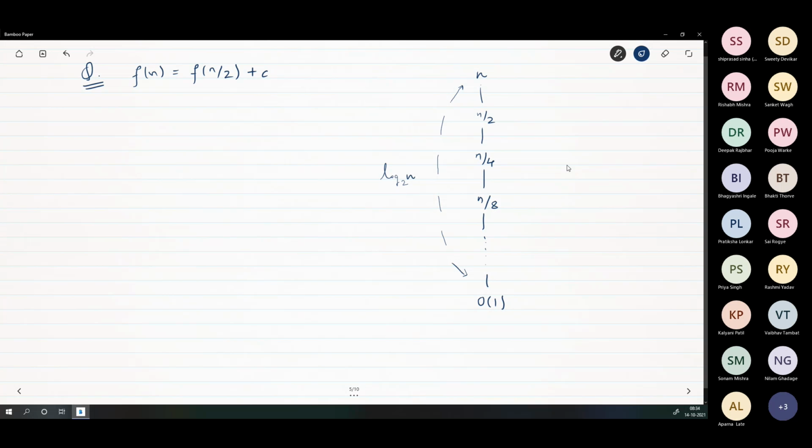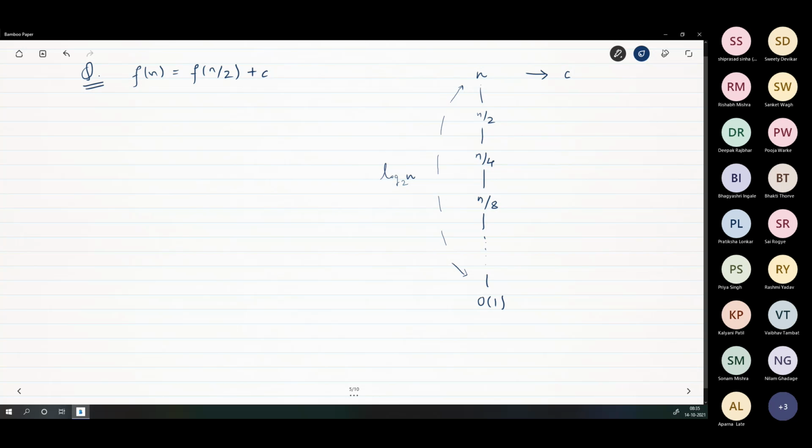So here is the thing. The c here is a fixed cost, a fixed number. When you want to compute f of n, you have to go down and compute f of n by 2. But there is already a cost of c at this level. There is a c that is going to go into this. So you want to compute f of n, you are already adding c anyway, and then you go to compute f of n by 2.